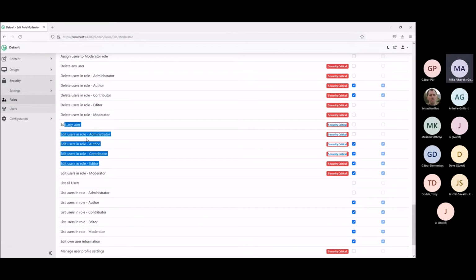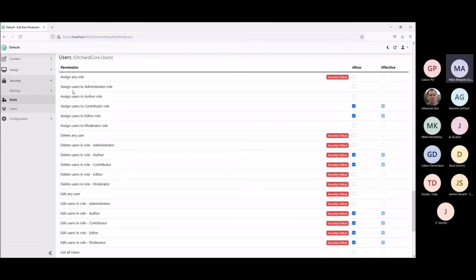Same thing here for edit. In order for you to really be able to edit here, you want to be able to edit the administration, but you also want to be able to do either this or that, so you can actually see the users. There's also an implied-by, where if you have edit, you automatically get list. Similarly, we have delete and we have assign. If you want a role to be able to assign a user to contributor and editor only, then you can now. In the past, you couldn't.